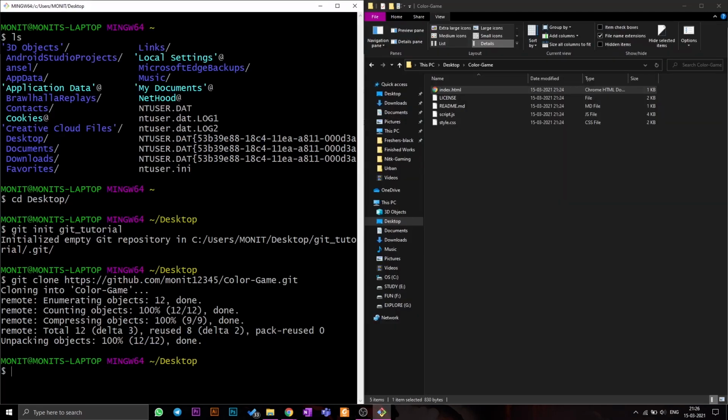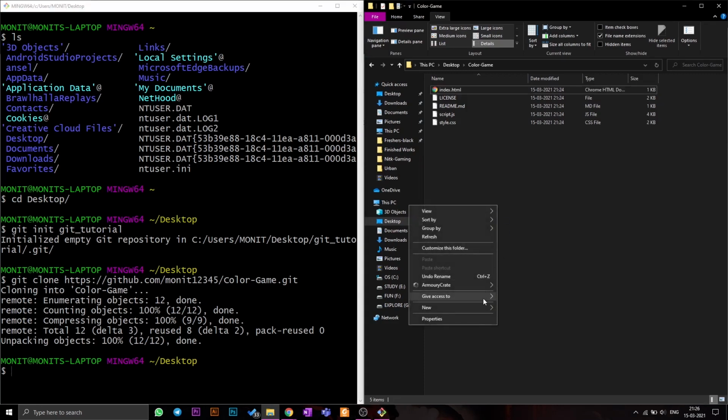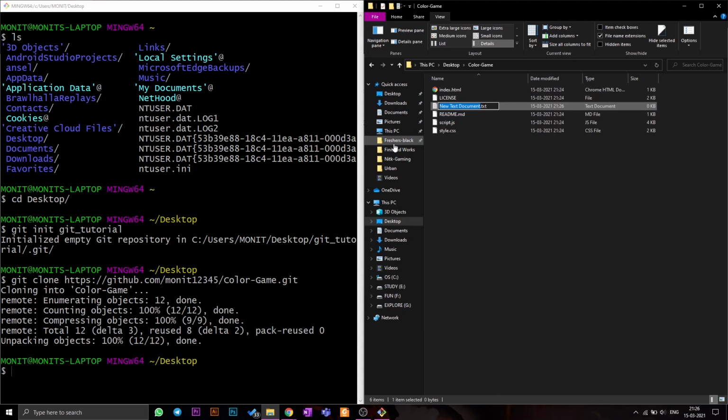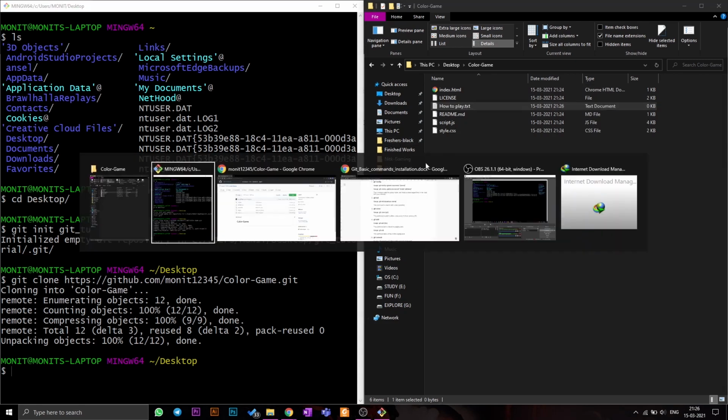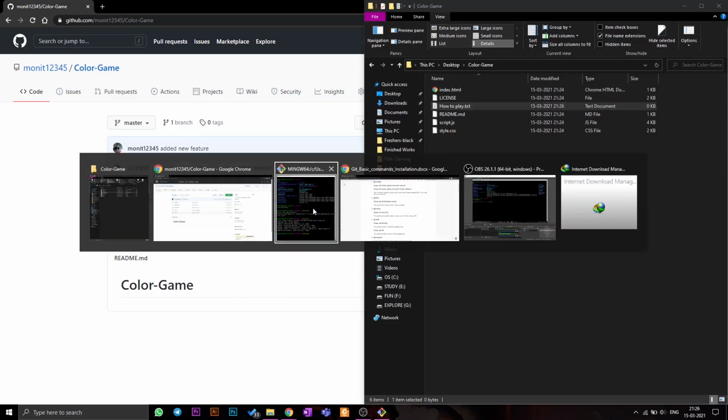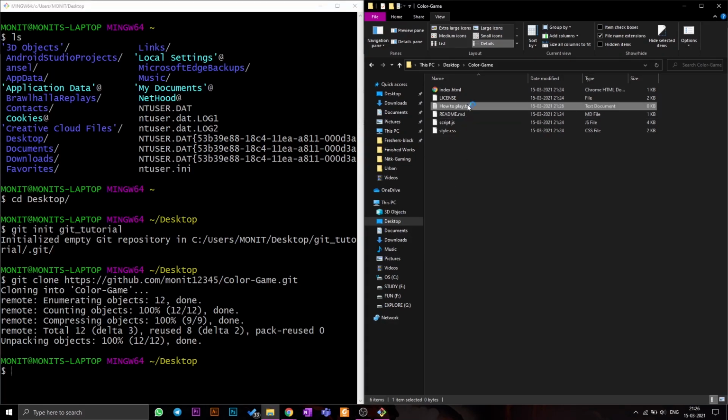Now, suppose I add a new file here. Just like I added index.html earlier, I'm gonna add a how to play file. I didn't really write instructions on the thing, so I'll just make a text document that says how to play.